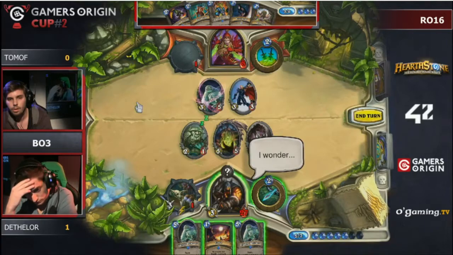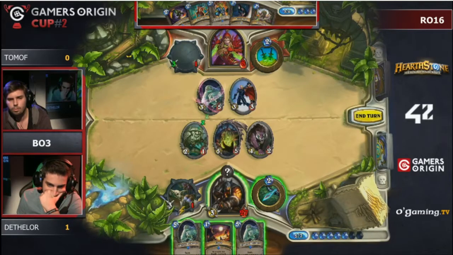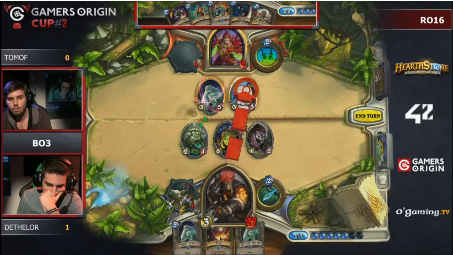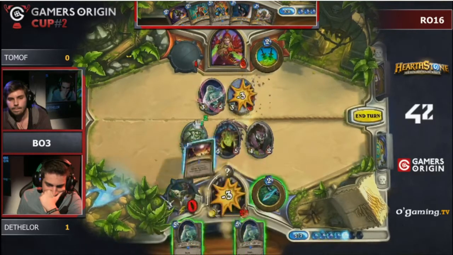So here he has a choice. Chat is saying that Kriparian is apparently from Greece as well. Oh, can we get Crip here to kind of validate Dethelor? Oh, really? Oh, wow. He's going for the little board control here. And then...